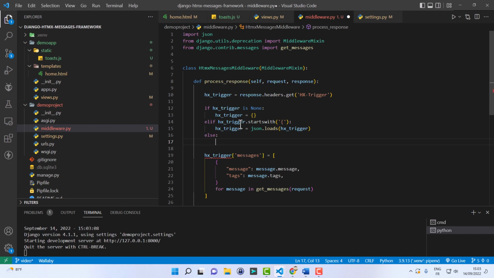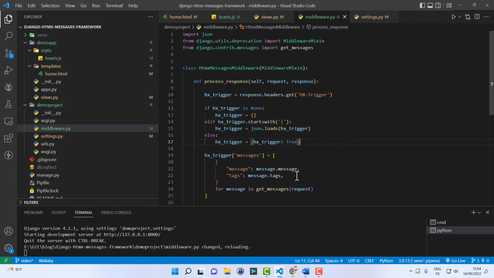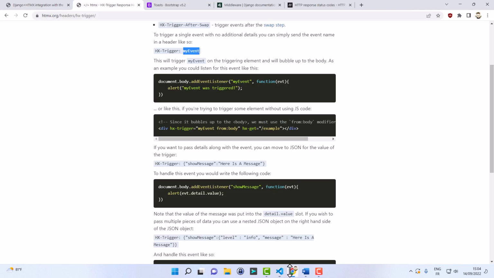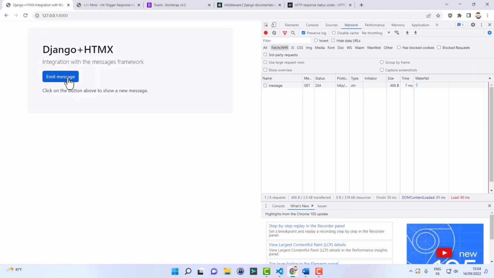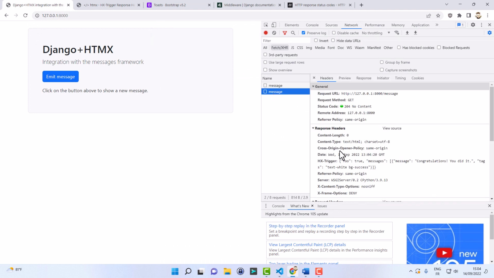Otherwise, we'll assume it's a string, and in that case, we will create a dictionary with one member whose name is the former value for hx trigger, so foo in our case, and set only true here as the value. This will have the same effect as just having one string. Let's see if that works. Message here, we do have foo equal to true, and the message, everything is working as expected.